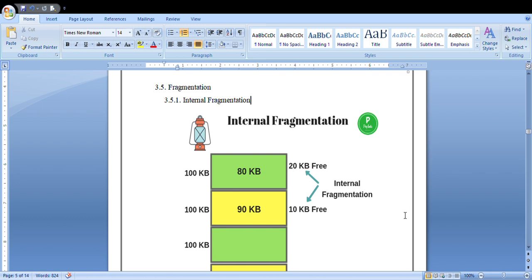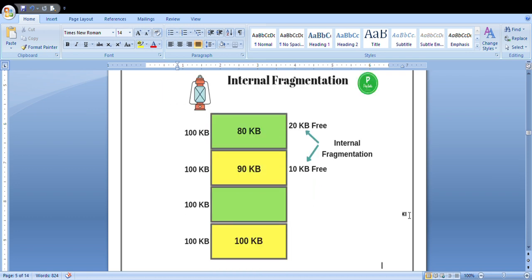What do you mean by internal fragmentation? Internal fragmentation is the wasted space internal to a partition, due to the fact that the block of data loaded is smaller.